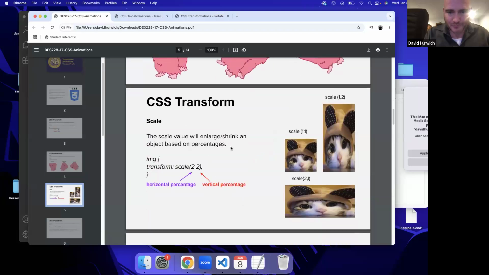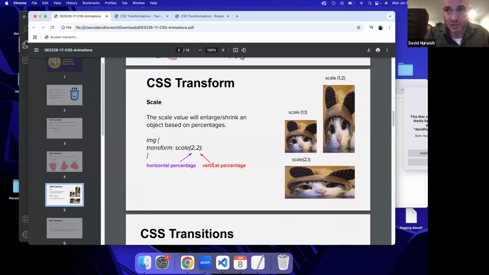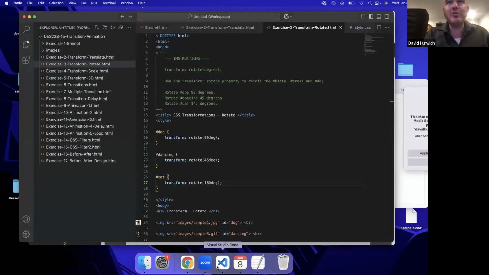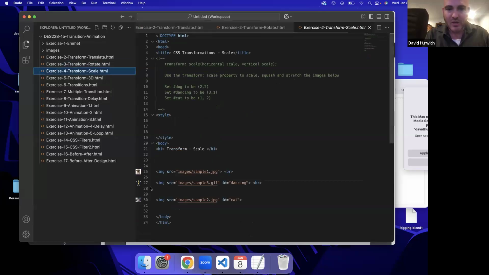Another thing we could do is called scaling. Okay. Scaling, I can scale something larger or smaller from whatever its normal size is. So, we've used CSS width and height to change perspective, but we can also use scale. This even works on things that normally don't have dimensions. Like, when we use width and height, that was usually on something like a video or an image. We could apply scale to